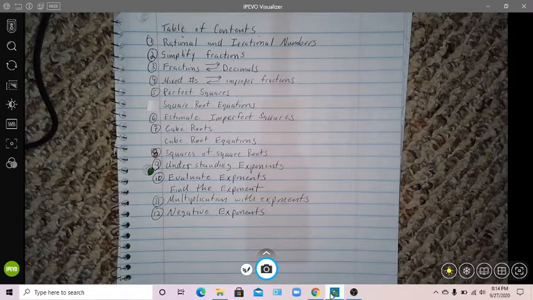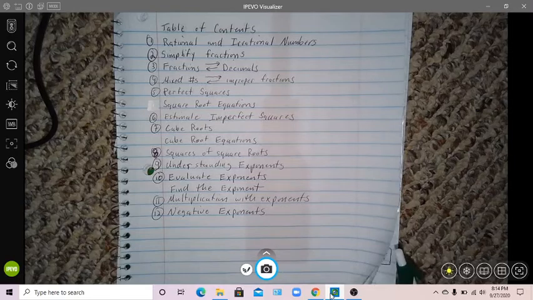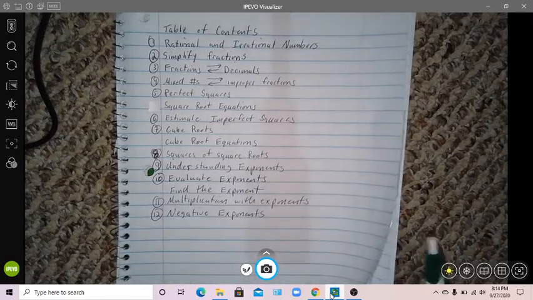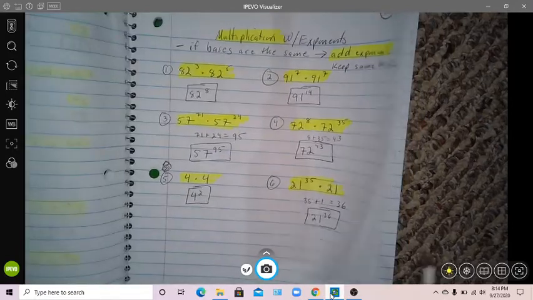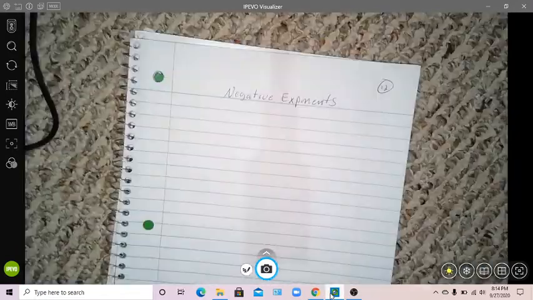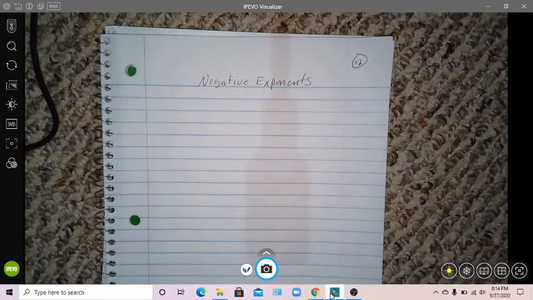Alright, number 12 is negative exponents. In your notebook, number 12 is negative exponents. Okay, so go to the next open page. 12, negative exponents, and I want you to write: if you have a negative exponent,